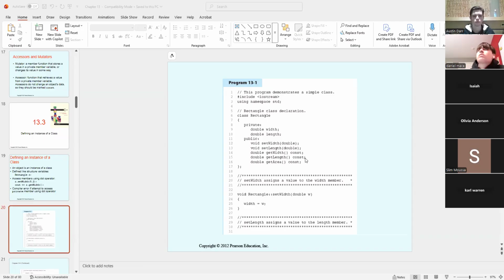Or well, calling a function to set the width and the length. Wait, no, I'm incorrect. Somebody's going to give you that word. What was that? There is a word. There's like functions, right? And you want to call get width and get length. Yeah, but what we're looking at is the structure. Now you're getting close.